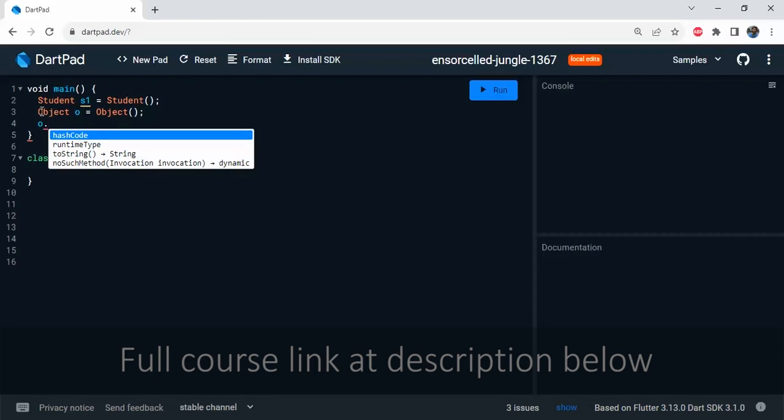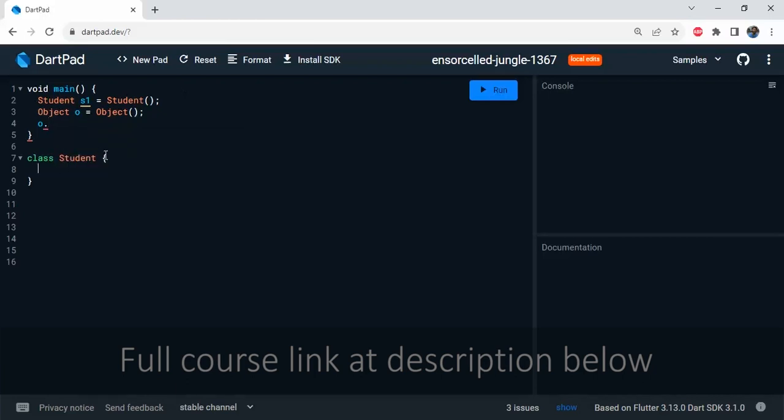and I told you that object is the super parent class of all classes. Though our student class didn't extend anyone, whenever we define a class, it extends the object class internally. So we don't have to write something like this, that extends object, because if we don't write this, Dart will make the arrangement for us. So every class is a child of object class,